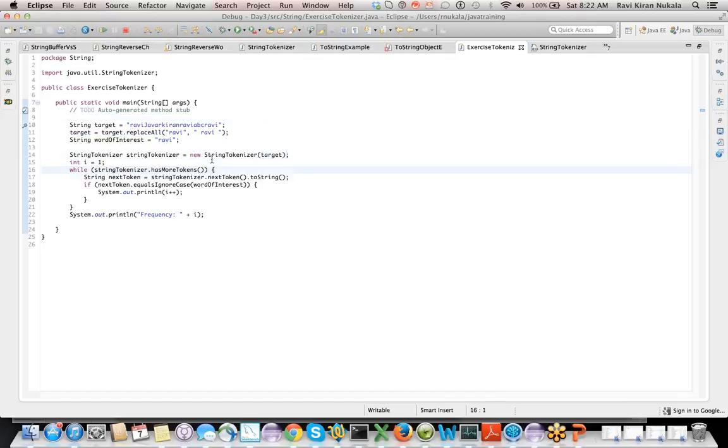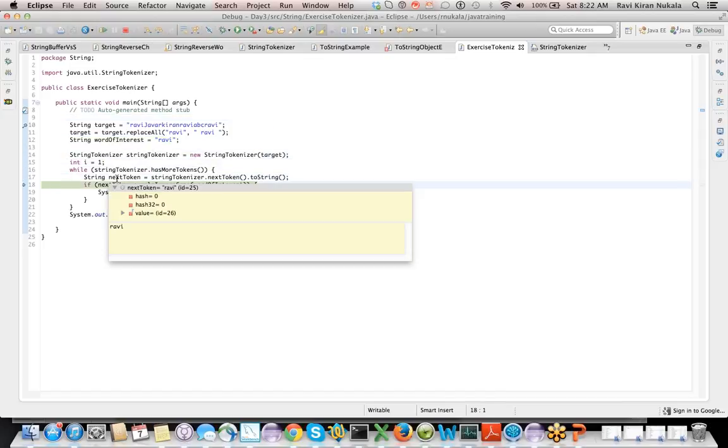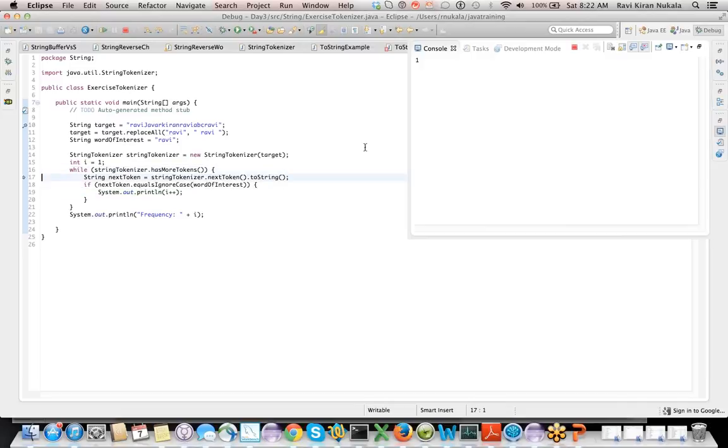So see here, 1, 2, 3. Okay. This is the right count, right? But it is printing as 4. That's because I got to do plus plus i.